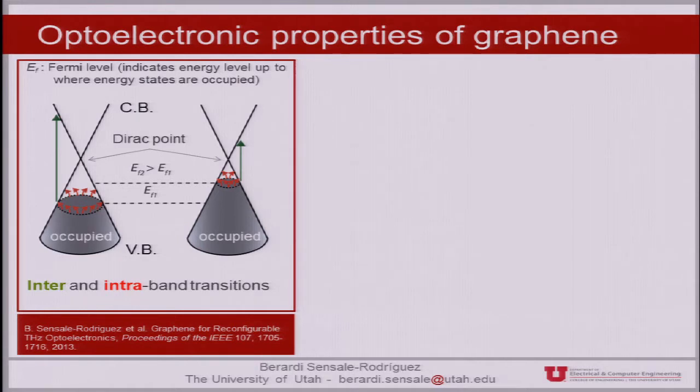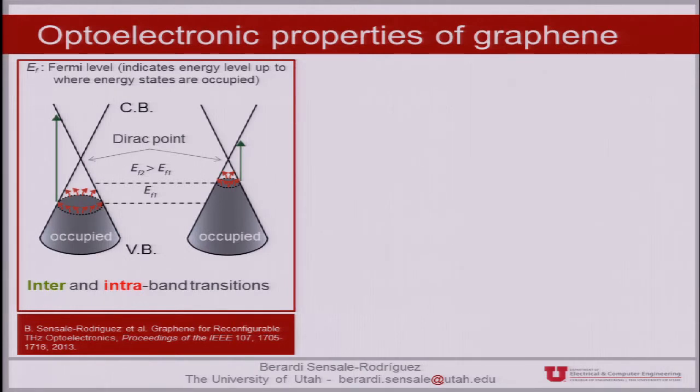If we shine light, electrons can absorb it and jump to higher energy free electronic states. When those transitions happen from band to band, for instance valence to conduction band, they are called interband transitions. And whenever they happen inside a band, for instance, as shown here in red, inside the valence band, they are